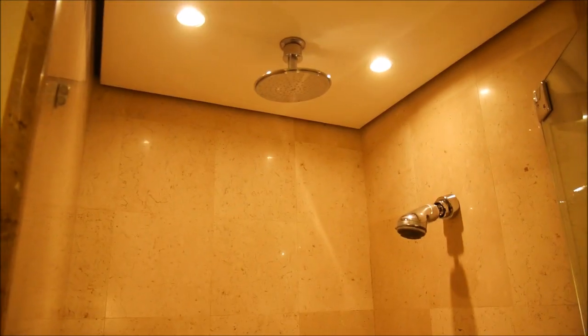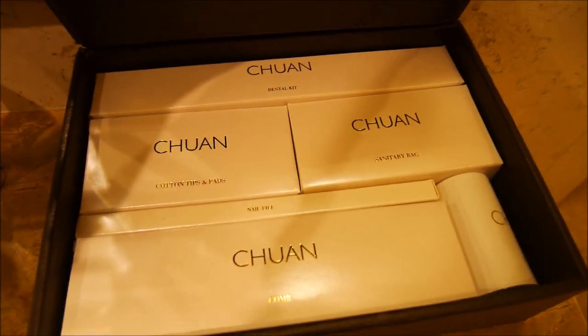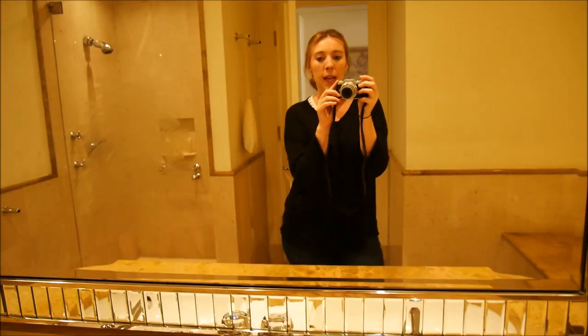And then here there's a nice big shower, 2 shower options, and what's here? Oh, that's a hair dryer. And then in here you have all the amenities, and yeah, I think that's about it really. Anyway, so I'll flip it back instead of talking into the mirror. So yes, this is a deluxe city view room. So I mean, this is not one of the entry-level basic rooms, but